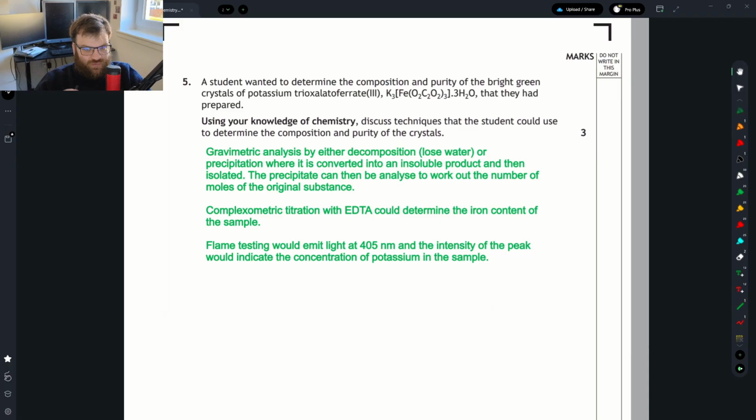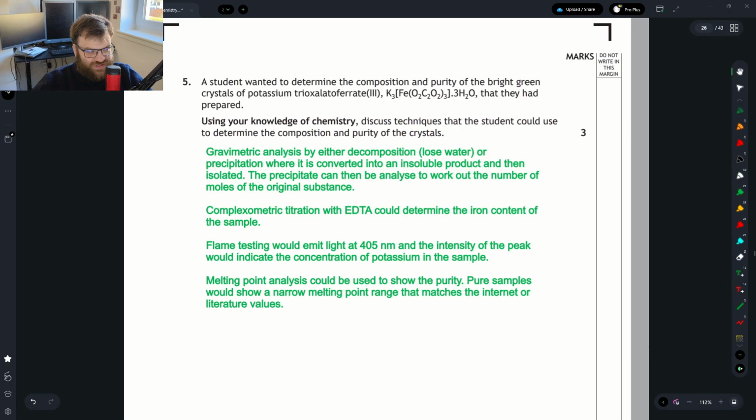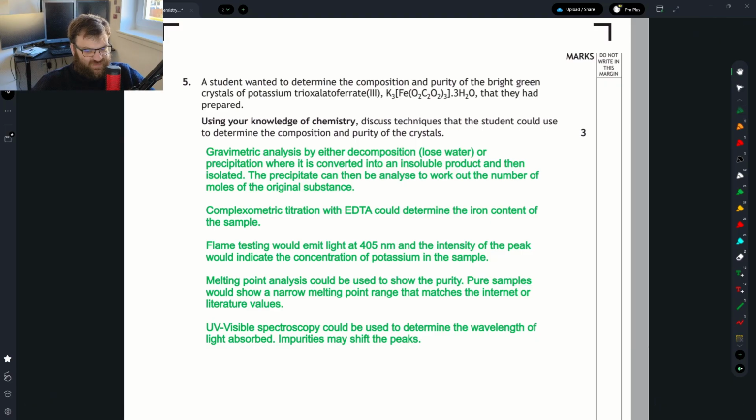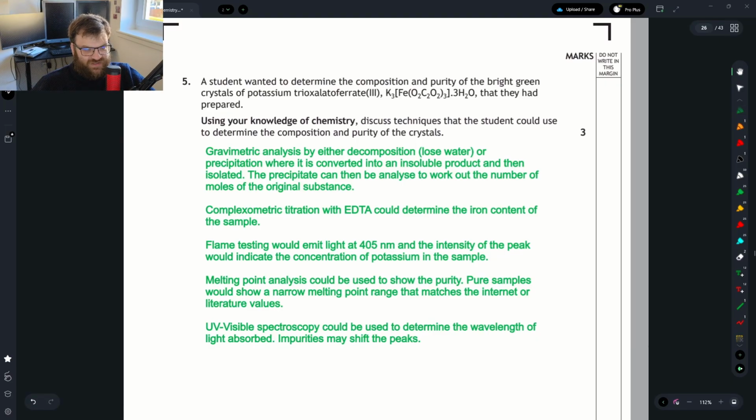If the sample was pure, it would have a narrow melting point range, which would match up to values you could find on the internet or in textbooks. The fact it's green in colour, maybe we could use some UV or visible spectroscopy to determine the absorption peaks to see if they would match the expected results. Perhaps if there's any impurities, the values would be different than expected. Another option would be to use elemental analysis, where the chemical is combusted and the products made are measured, and then you can work out the empirical formula from those ones for the carbon and